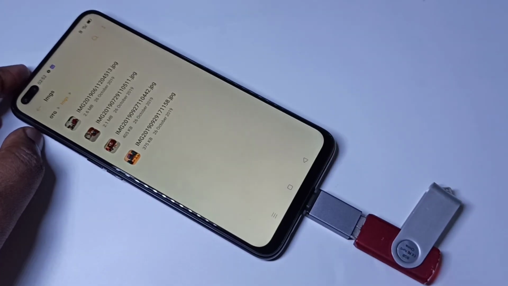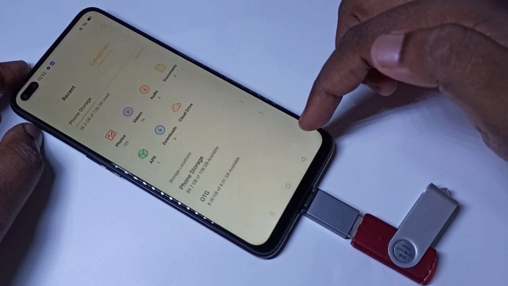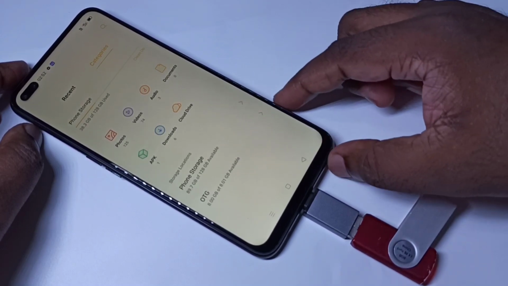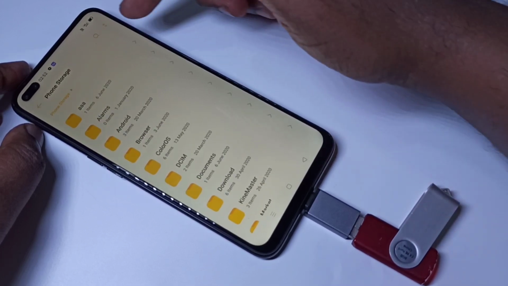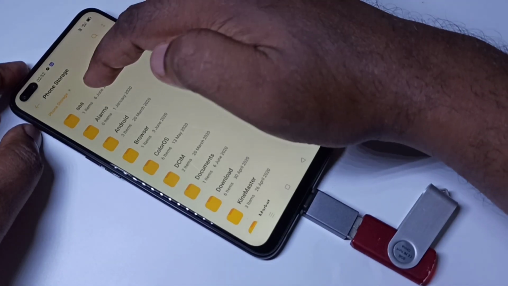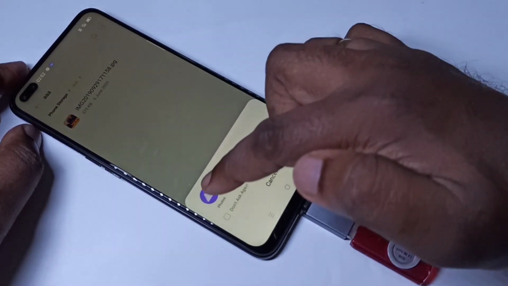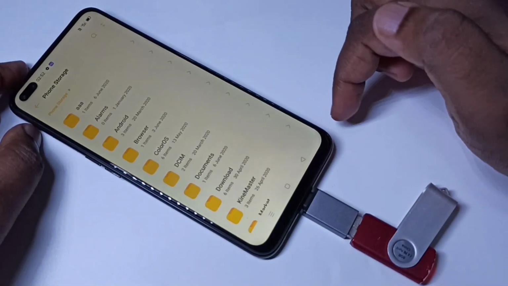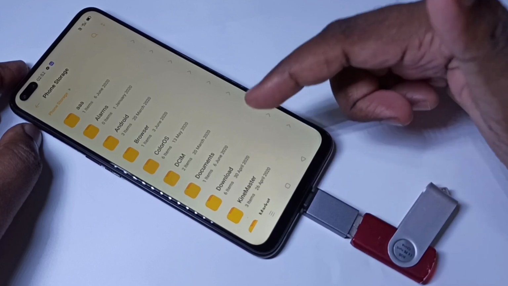So let me verify that. Go back. Now I am in file manager. Here tap on phone storage, then open the folder which we created. Then here you can see the image, the copied image. We can open it. So this way we can copy images, videos and audio files from pen drive to mobile phone and mobile phone